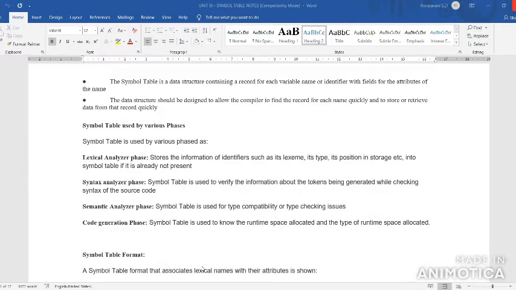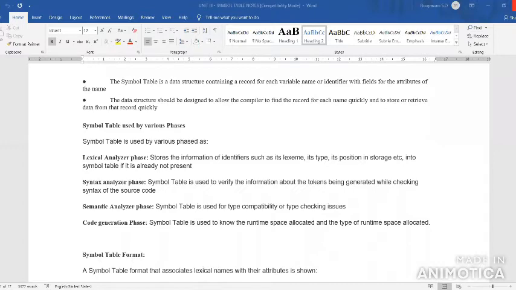At runtime, you have to check for static allocation, stack allocation, and heap allocation. We have three types of allocation in the runtime environment. You check the runtime space allocated for the given environment. So these are all the phases that use the symbol table.